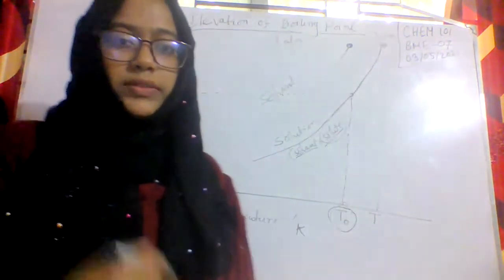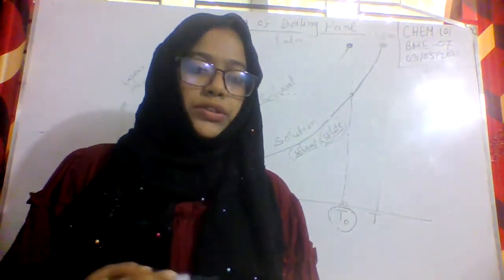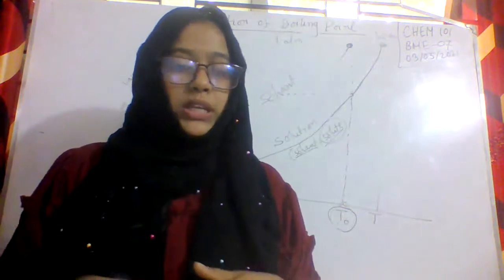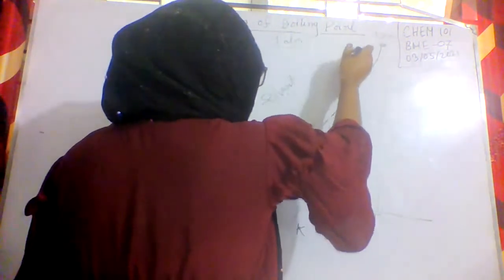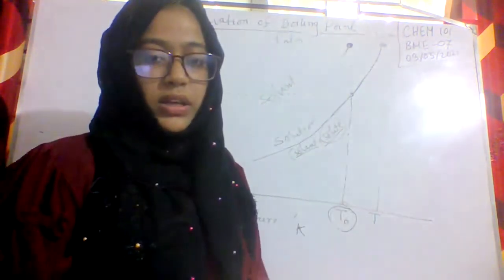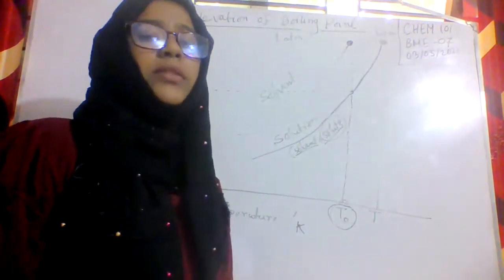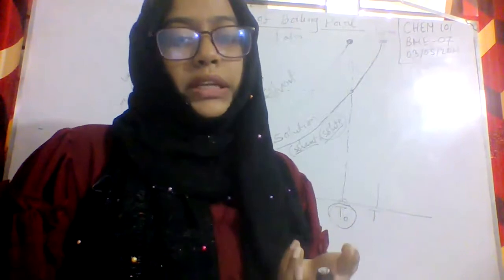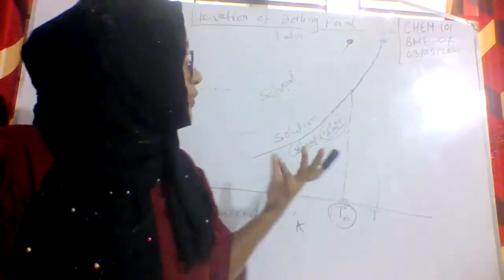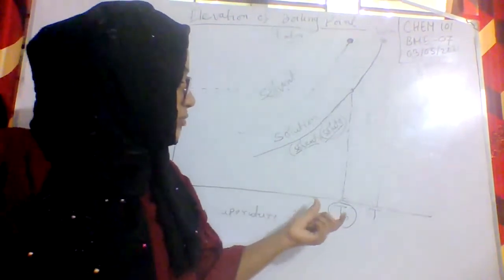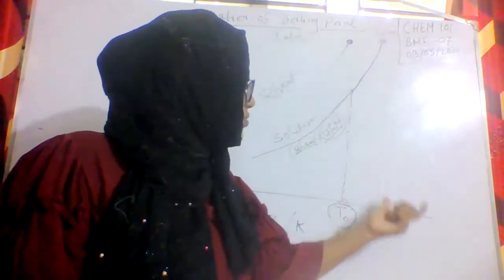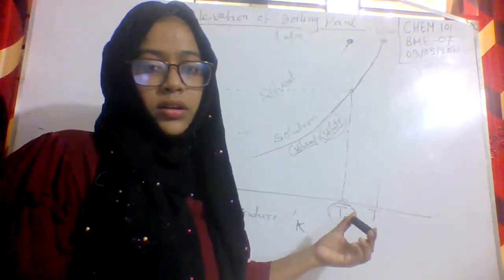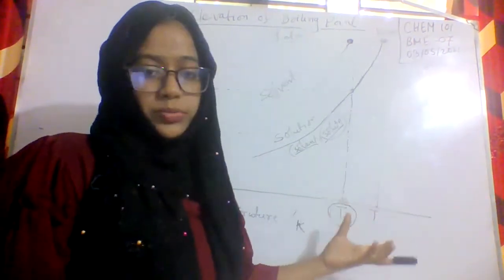In our reference book, there is also another thing: they derive the equation for the elevation of boiling point. They follow the geometry here, some triangle, using geometrical parameters. I don't want to follow this one. I have the theory, so I can establish it theoretically. Theoretically, we know why this temperature is increasing. Why? Because we add solute. So it depends on the solute particles, right?